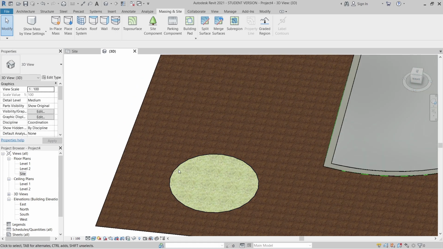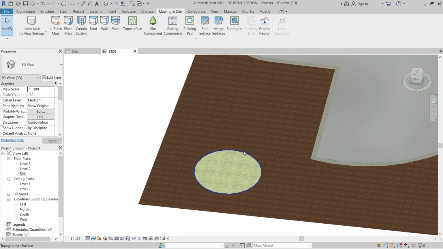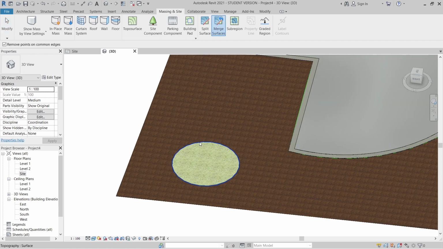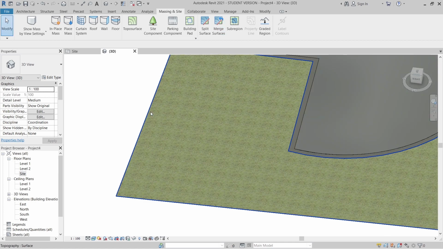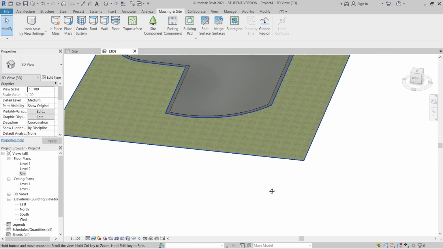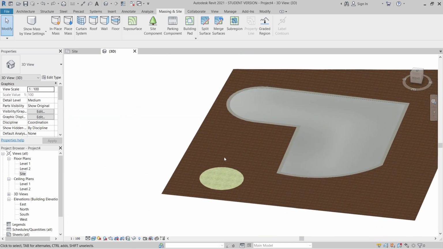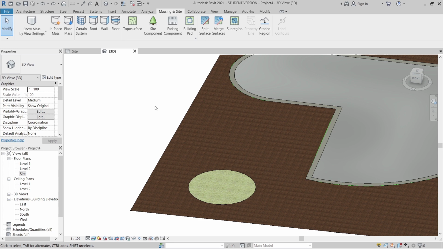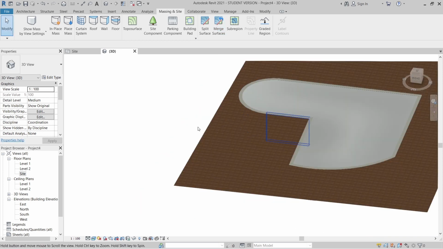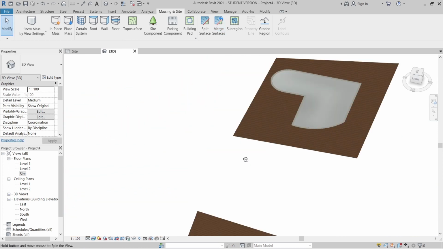Now if I want to match the whole surface to grass, and the whole topo surface to soil, I can use Match Surface also. I just select Match Surface, then select my grass, then I will select my topo surface in order to change everything to grass color, grass texture. As you can see here, hit Escape first. Then if I want to change from grass to soil here, I just select Match Surface, select my soil first, then only I select my grass, so everything will be changed to the soil texture.